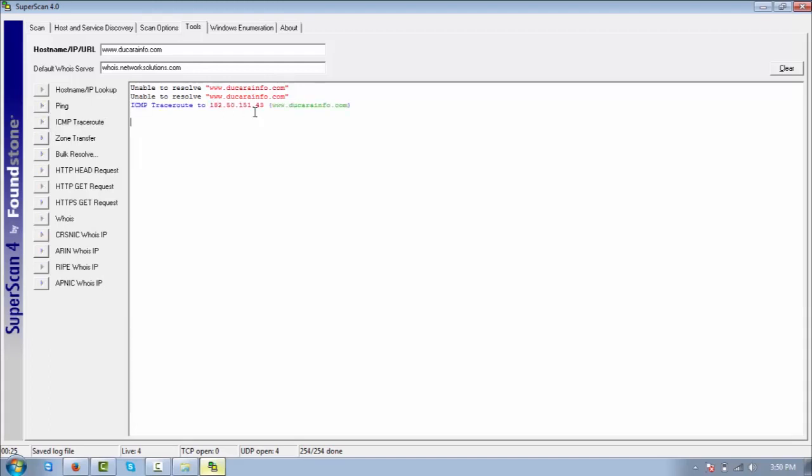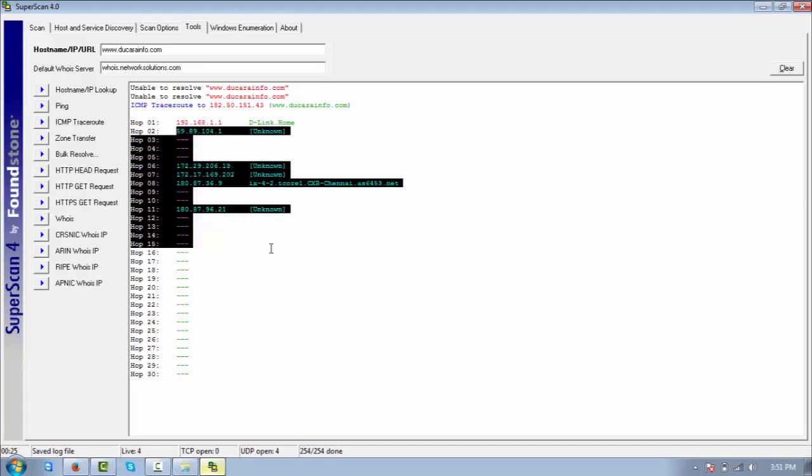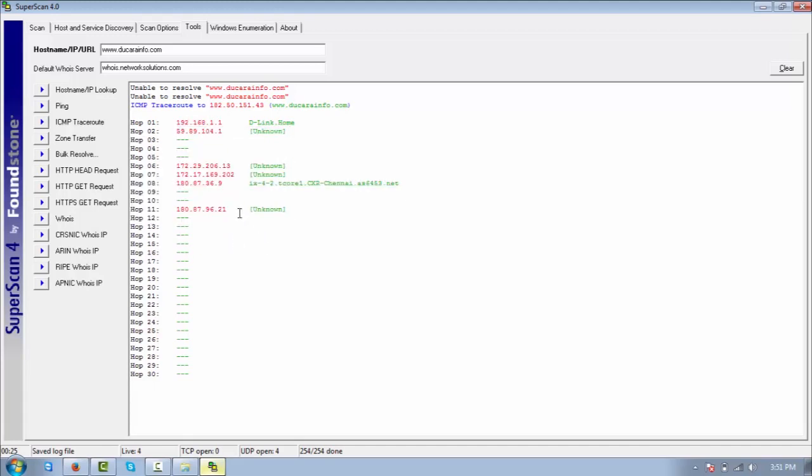It's working. I simply transferred on this. This is the static IP of dukarainfo.com, 192.150.151.43. Right. Here we go. First hop, second, third, we got the number of hops, and then finally, right,